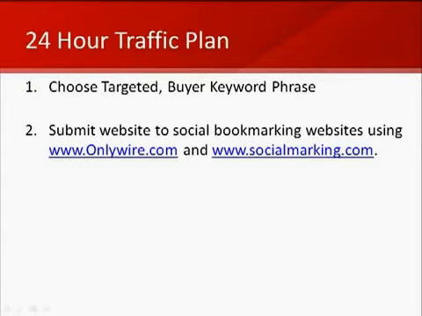The same thing goes for socialmarking.com. It's similar to OnlyWire. OnlyWire does it automatically, while socialmarking helps automate the process by giving you a list of an additional set of social bookmarking websites to consider, quite a bit more than the 20 OnlyWire covers. You find more sites that you could submit your business to, and if you just click on the name of the website, it will pre-fill the forms for the social bookmarking.